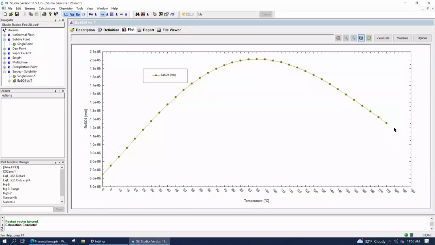It reaches a maximum, is what I should say. So this is essentially a solubility envelope curve. And you can pretty much do this for, I don't want to say all solids, because some solids cause problems. But it's an example of how you look at solubility envelopes.